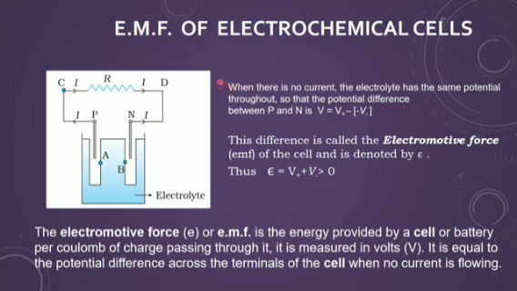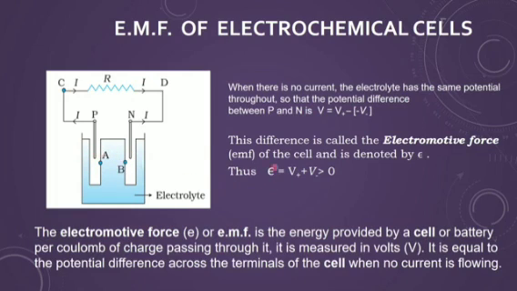For a better understanding, you can have this: the electrolyte is there, P and N are the electrodes, A and B are the points in the electrolyte. How much you are dipping the electrodes into the electrolyte, all these things are there. Of course, current always flows from positive to negative outside the circuit, and inside, the electrolyte is taking the charge from lower potential to the higher potential. It means negative to positive.